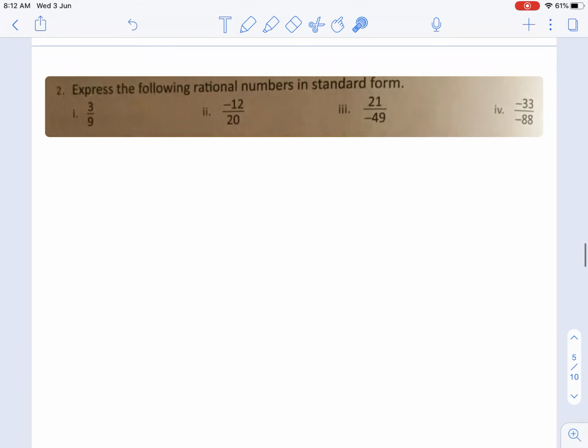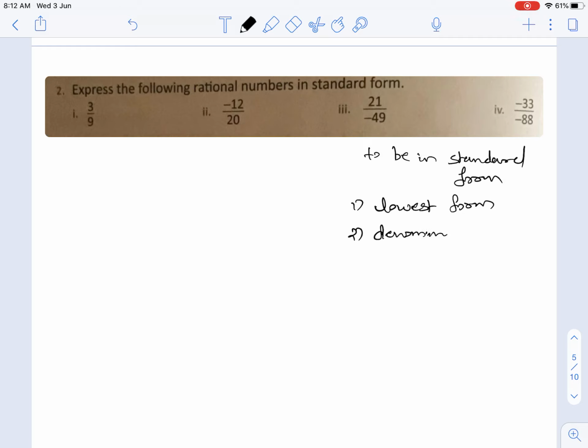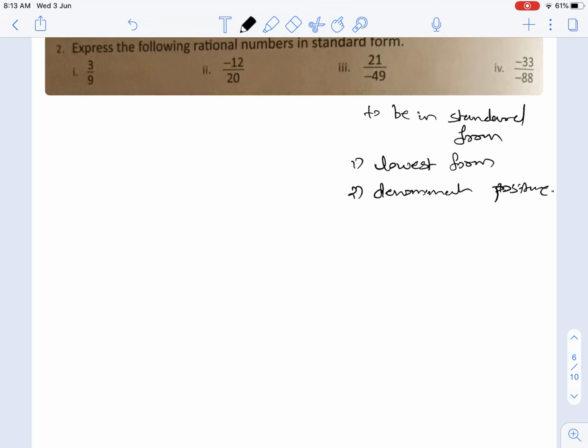Now next one, it is given that express the following rational numbers in standard form. So just now we have learned for any number to be in standard form, two conditions are there. First one, it should be in lowest form, that is the numerator and denominator should not have any common factor, and second one, the denominator should always be positive. If not, then we need to convert it. Okay, now let us consider first example,